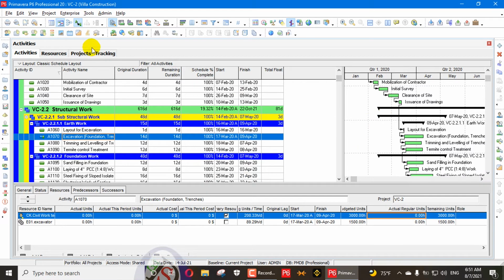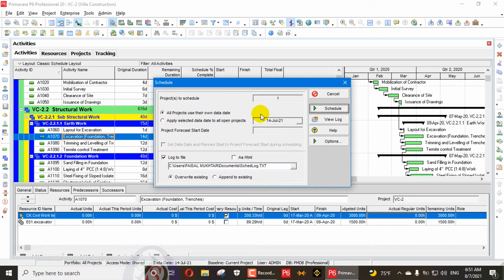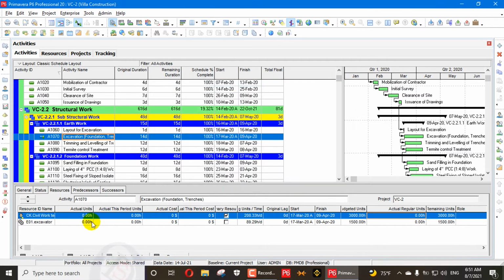So data date we can find out by F9. So this one is our data date. 14th of July 2021 is today's data date. So actual to date is 14 July 2021. So this period will be accumulated maybe in a July calendar or June calendar, or maybe a 3 month calendar, if you can say quarter 3, quarter 4. It's up to you how you created your fiscal year, or how you created your financial period.